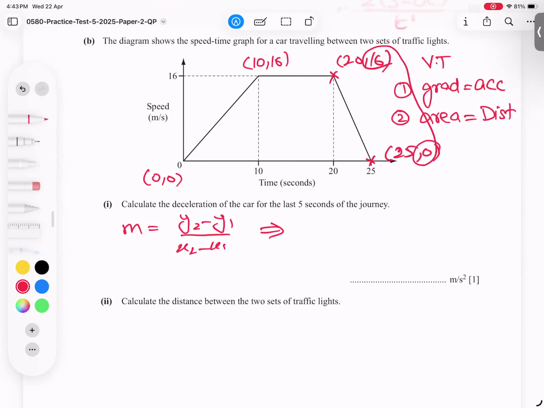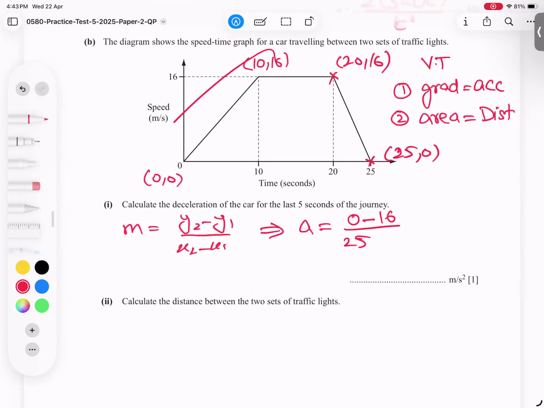So 0 minus 16. I'm writing the word acceleration here, but it will come as a negative answer. 0 minus 16 over 25 minus 20. So if he asks you acceleration, use this coordinate; for deceleration, use these coordinates. Okay, 25 minus 20, we got negative 16 over 5. And exactly correct. Okay, so now students, we have to leave it as it is, or you can